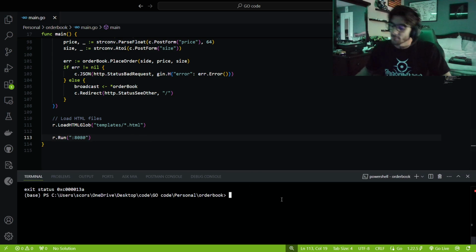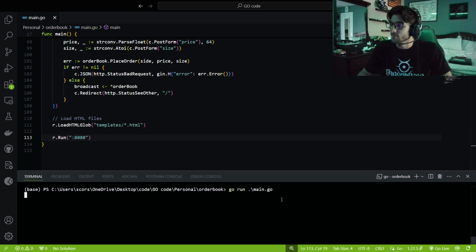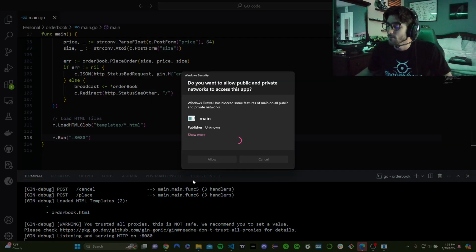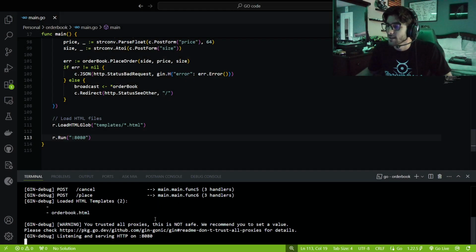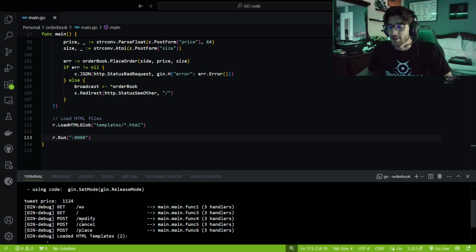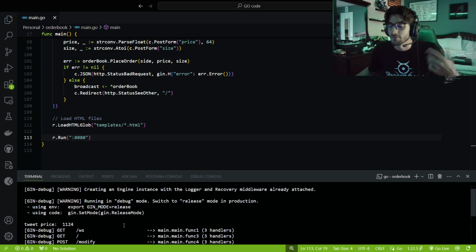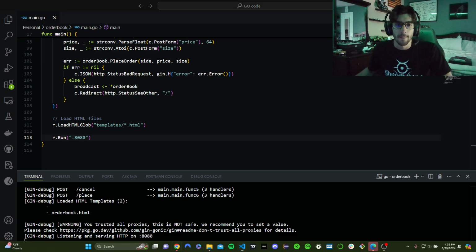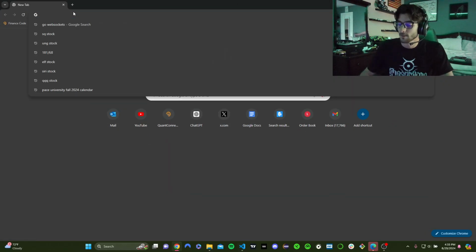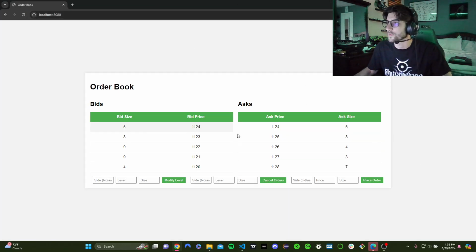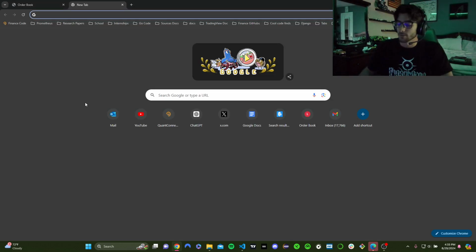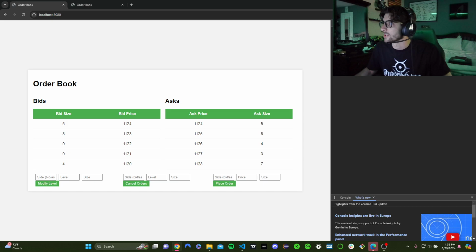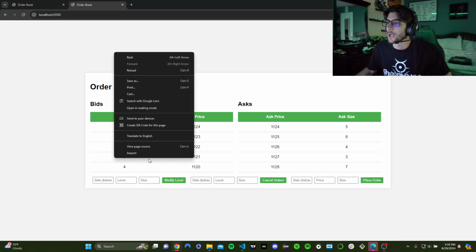So let's do that. Why don't we? Right, so let's run main.go. This is probably the main reason that I like Gin, just down here, how verbose yet how clean this is. But so cool. Let's load up our localhost. So what we got going on. Let's load up another one. Let's inspect and go to the console on both of them.